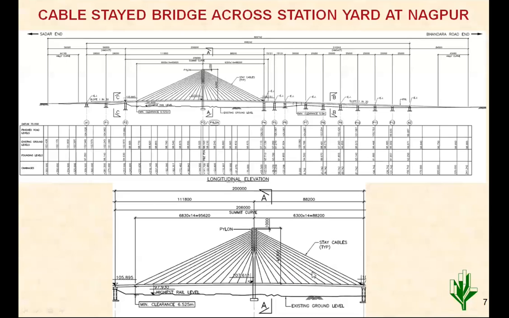The pylon location was fixed considering the available space between the railway tracks, and hence the spans are not really symmetrical. The pylon was not perfectly placed at the center, but that was not possible because of the railway lines. You will find that one side span is 112 meter and the other side is 88 meter, so almost an imbalance of 24 meter is there. The number of cables because of this situation is different on either side. Then some part on the 112 meter side is without cable also, so that much has been taken care of.